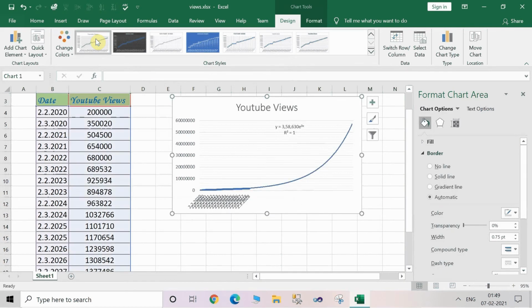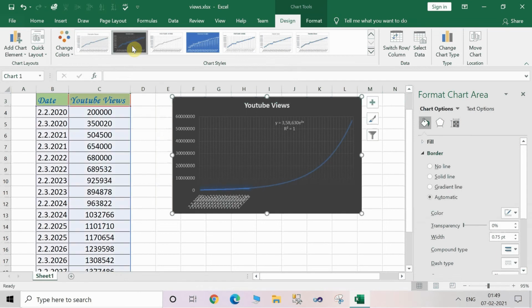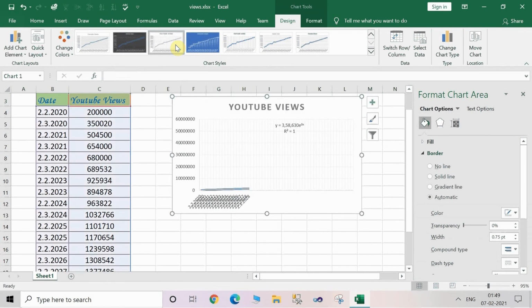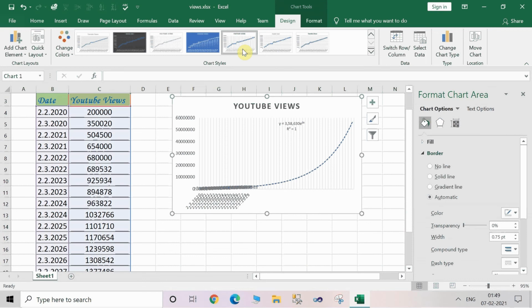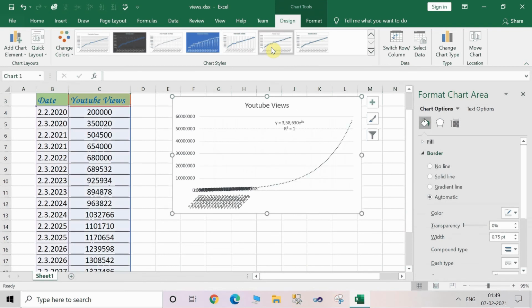Further, this is a simple chart. You can also change the design of the chart by clicking on the design option in the menu bar. So see here, certain designs are here. According to preference, you can change.